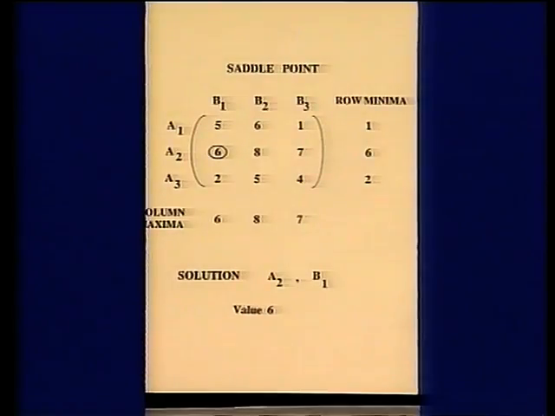On the other hand, if you look at it from player B's point of view, he is trying to limit A's winnings. So if again we go back to the table, we can see that if A follows his first strategy, B can reduce A's winnings to 1, simply by following strategy 3. And if A follows strategy A2, B can restrict the winnings to 6 by playing his first strategy. And if A pursues his third strategy, then B can restrict the winnings to 2, again by playing B1.